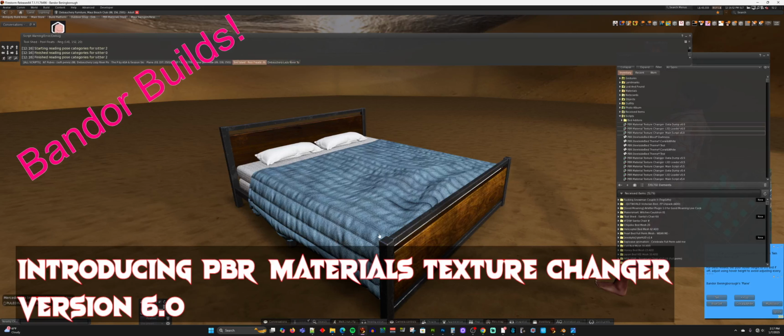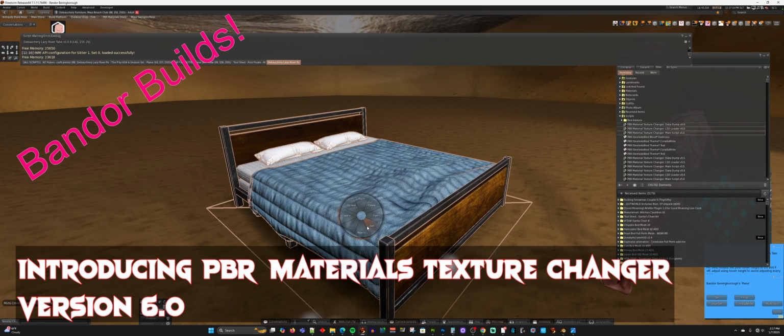If I was going to use this frame and this headboard for everything, and I was only going to change the linens and the comforter, then I don't need to name the frame and I don't need to name the headboard because I'm not going to change them. If I only want to change the comforter, the only part I need to put a name on is the comforter. But in my case, I'm changing everything except for the shadow. So I'm not going to put a name on the shadow,